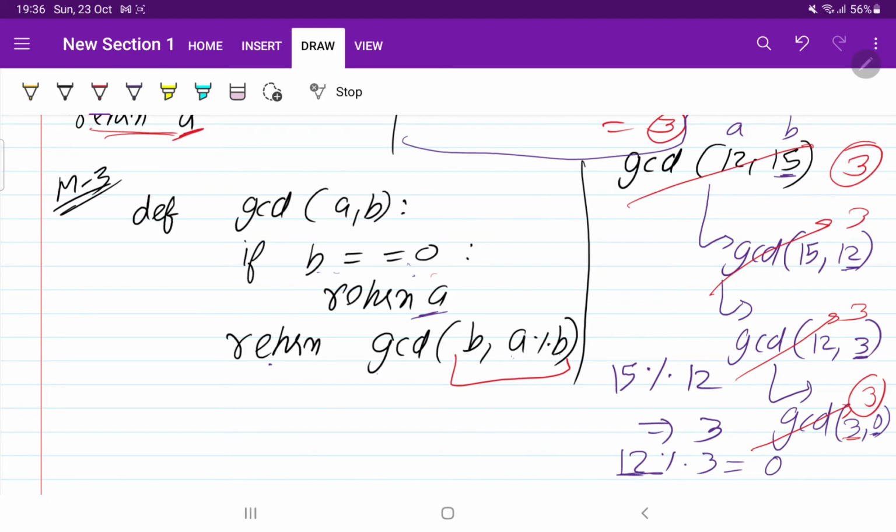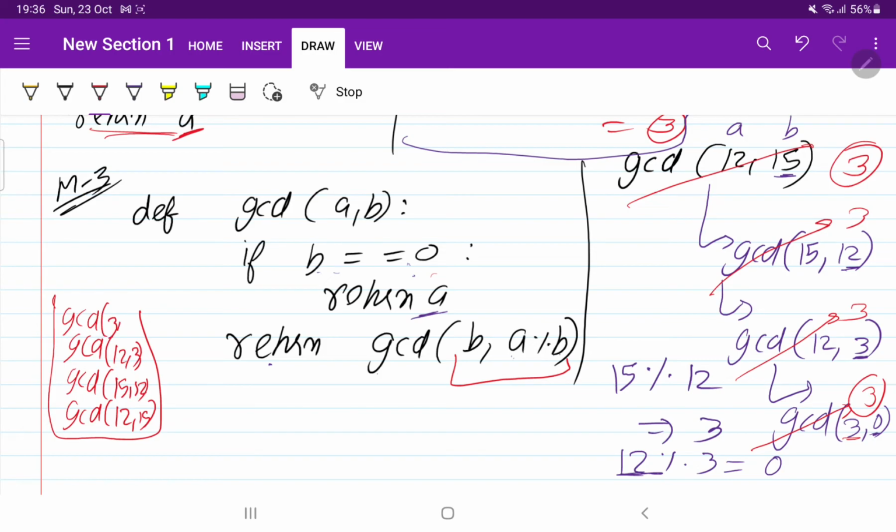Okay, so there are more approaches. Here this is going to take less time, but as we are using the recursion concept, it is going to take more space. Why? Because first of all, it is going to call the GCD function with 12 and 15. Then we call GCD with 15 and 12. Then we call GCD with 12 and 3. Then we call GCD with 3 and 0. So here we got the answer. Then we will put the answer back and empty the entire stack that we are using. Don't get confused about what the stack is and everything. Just as of now, chill.